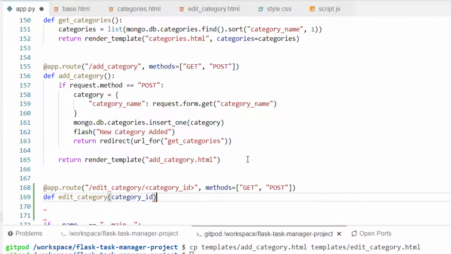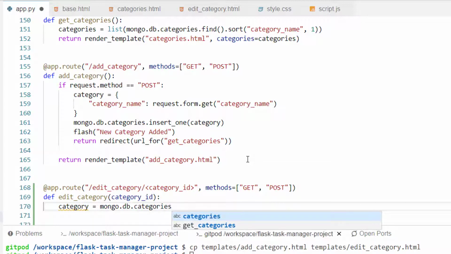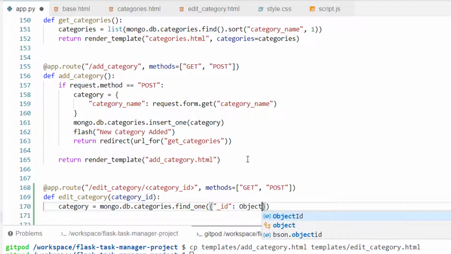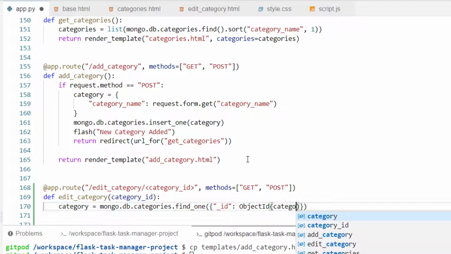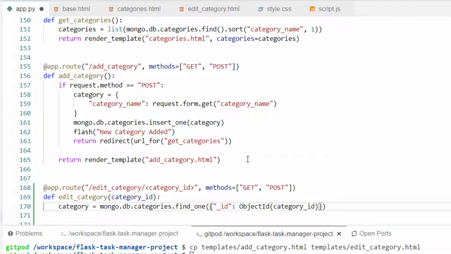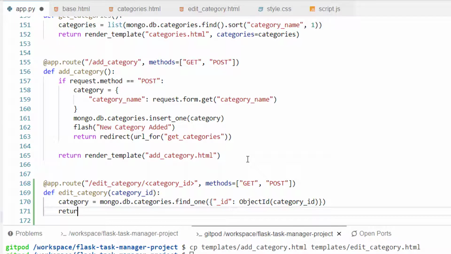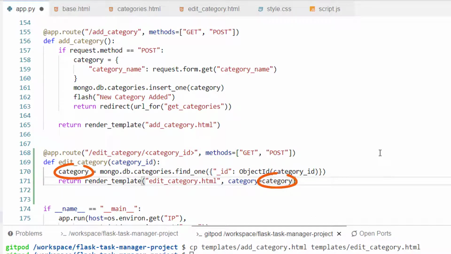for the category id. Using the category id being sent into this function, let's perform a .find_one method on the categories collection. Once again, using the ObjectId, this will render as BSON in order to properly display between MongoDB and Flask. Since we're building our get method first, let's test that this works by rendering our new template for edit_category.html. Our template is expecting a variable called category, so that we can specify which category is being updated on the form. We'll set that equal to the new category variable found above.